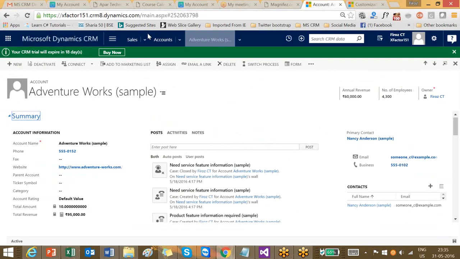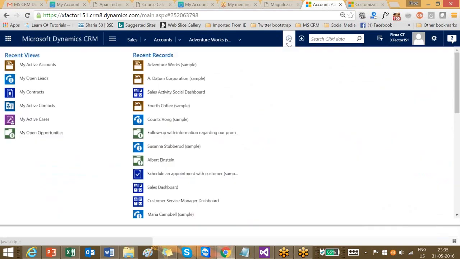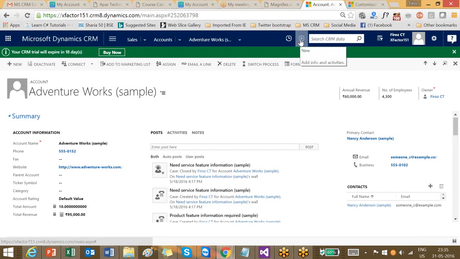And on the same command bar, I have an item called recently viewed items. Once I click on it, I can get all the recently viewed views and recently viewed records. This one. Then I have another button called